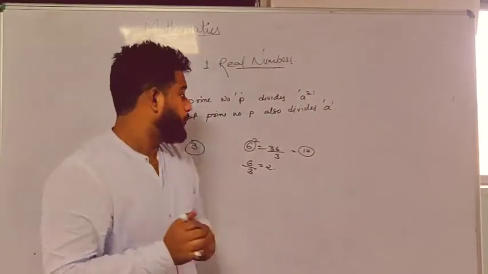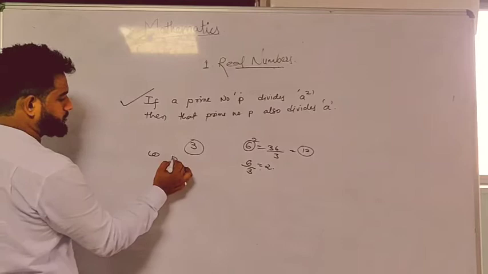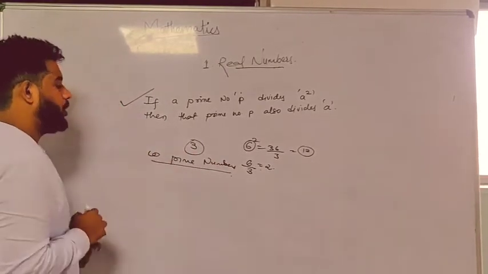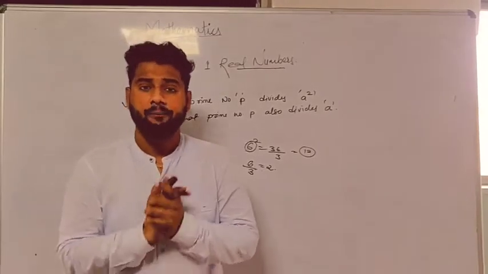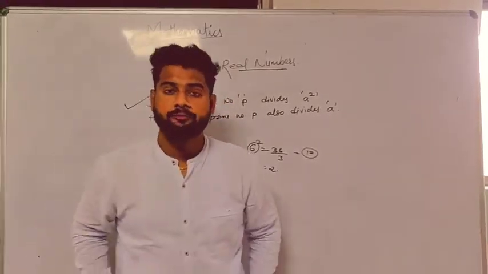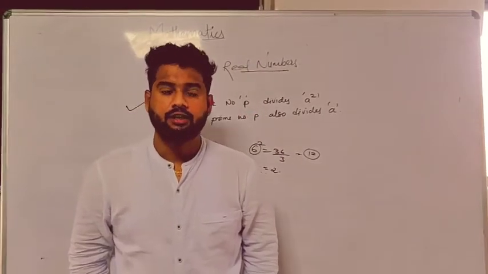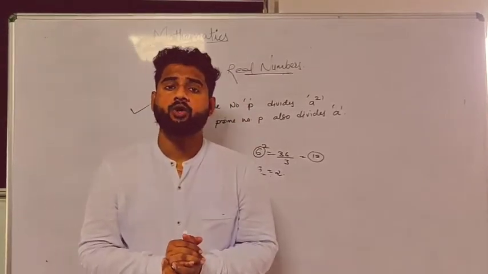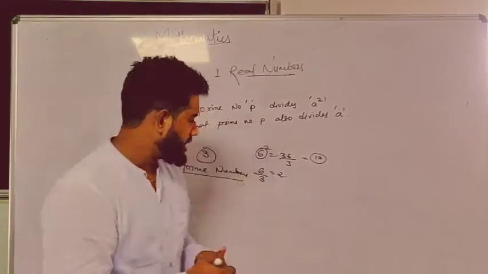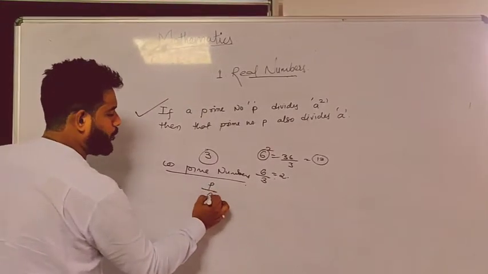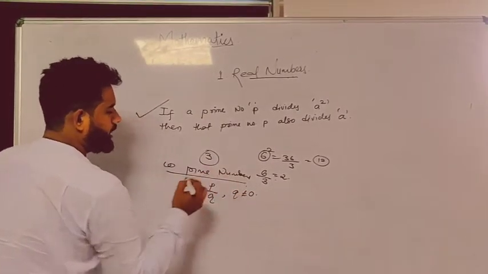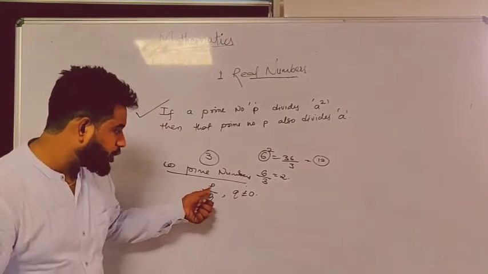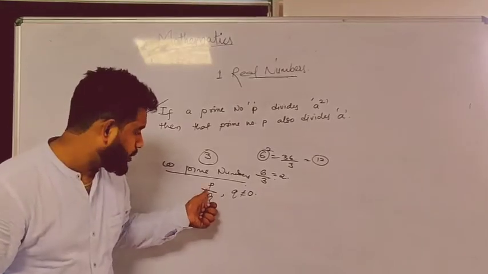There is something called co-prime numbers. Now what are co-prime numbers? All of you know the meaning of a prime number. Prime numbers are those numbers which have factors only 1 and the number itself, right? What are co-prime numbers? In rational numbers, you all know that a rational number can be written in the format of p by q, where q should not be equal to 0. This is the form of a rational number. So in a rational number, p and q are always co-prime.